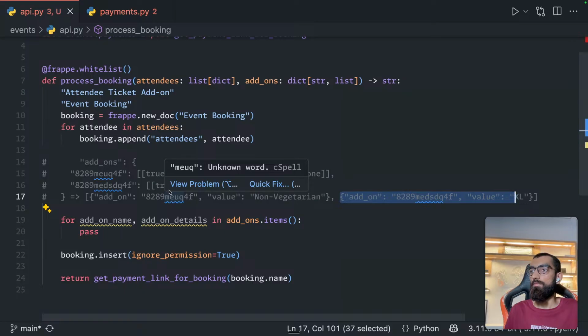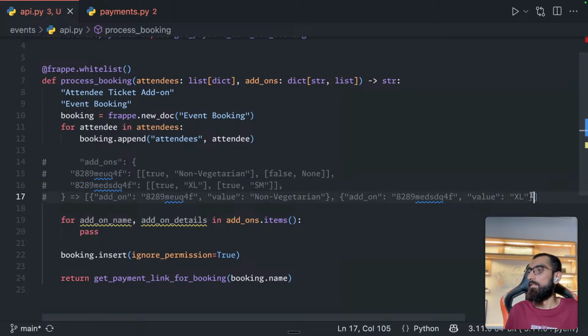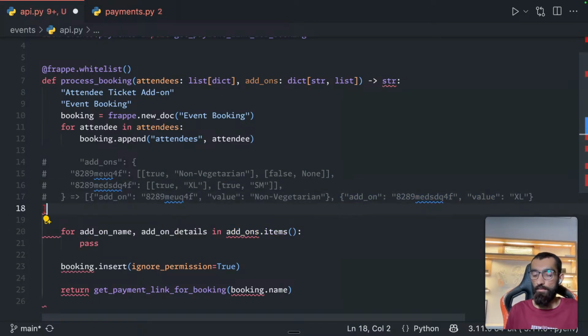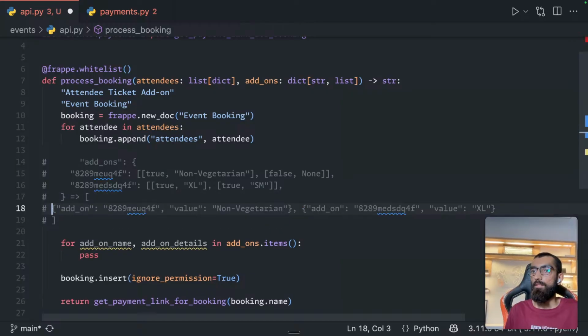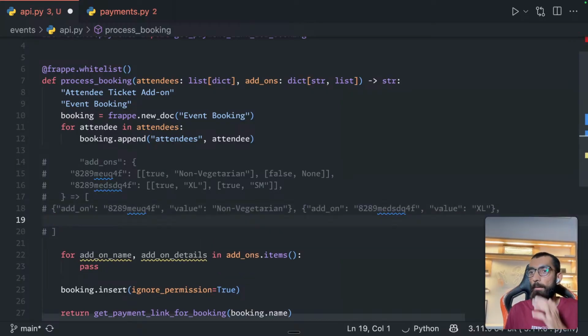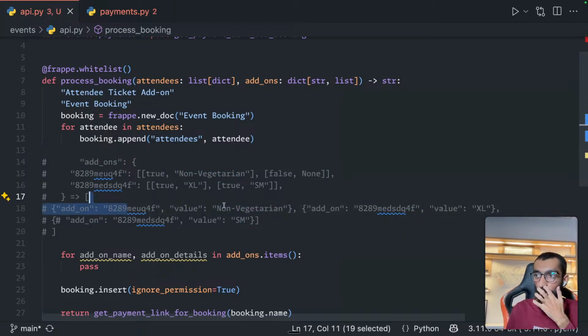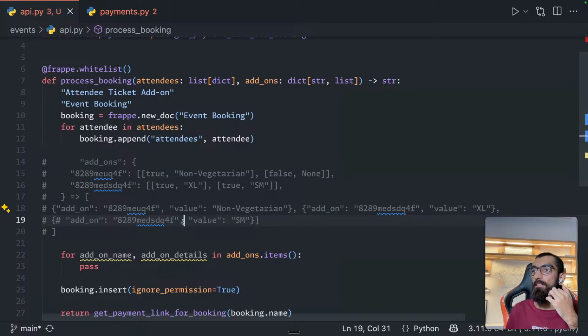Add on this, value is Excel, comma. Yes, this is exactly what I want. So the first person has selected this add-on with non-vegetarian and Excel. The second person has selected this add-on with, I will refactor the front end to have this as well somehow. But yeah,